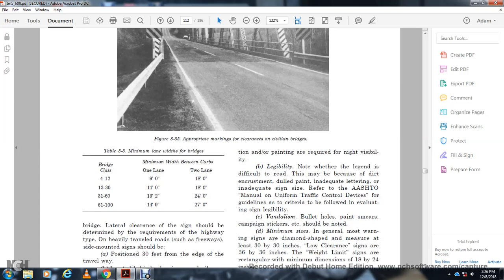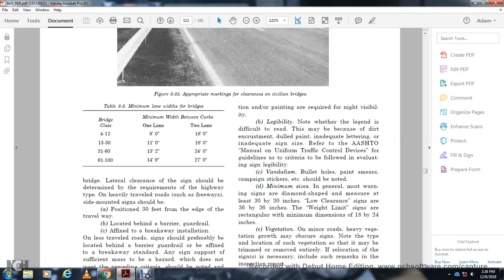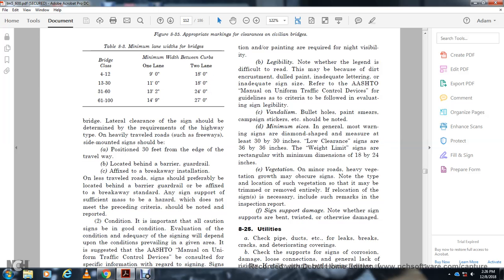8.3 showed the minimum lane width: 4 by 12 to 9 foot by 18 foot, and 13 by 30, 11 foot and 18 foot, 31 by 60, 13 foot 2 inches by 24 foot, 61 to 100, 14 foot 9 inches, 27 feet. Bridge lateral clearance of the sign should be determined by the requirement of the highway, the type of